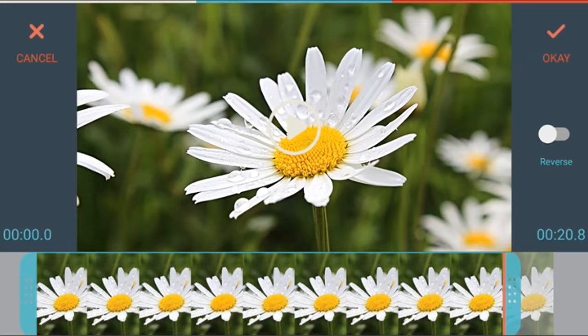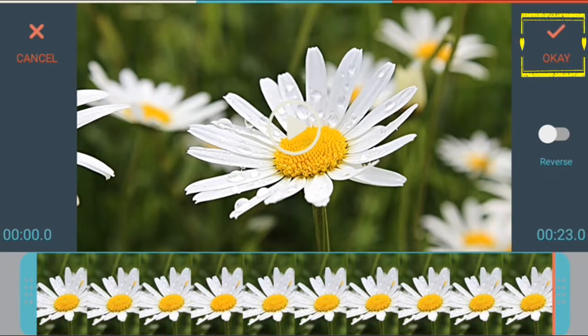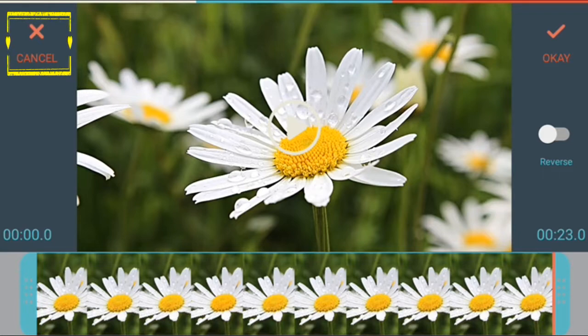Suppose if you want to play full, then adjust accordingly. When all is set, you have to click on the OK button, which is on the right top of the screen. If you don't want to apply any changes you have made, then you need to click on the cancel button, which is on the left top of the screen.